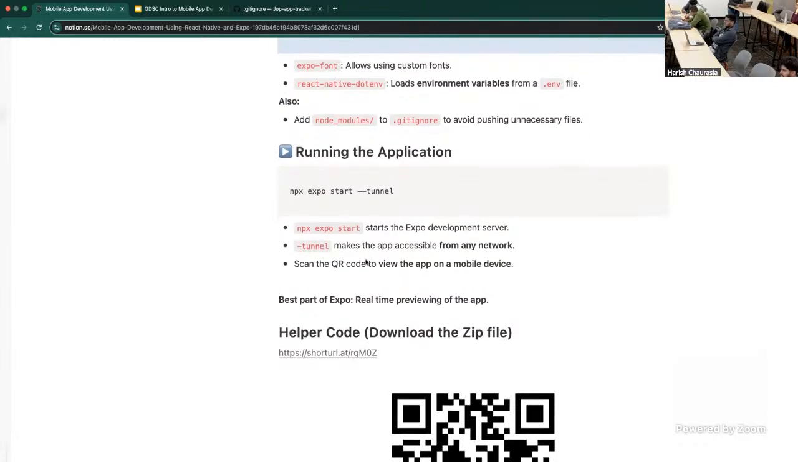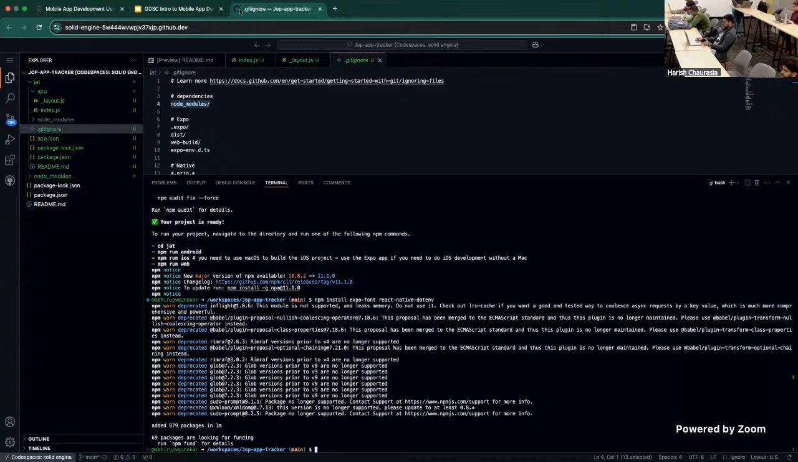Now we have to run the application. I would say this is the most interesting part, which I really like about Expo. All of you just pick out your phones and be ready to scan the QR. So when you copy this command, npx expo start, in the terminal,